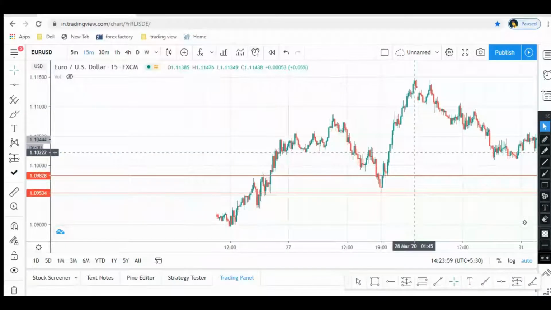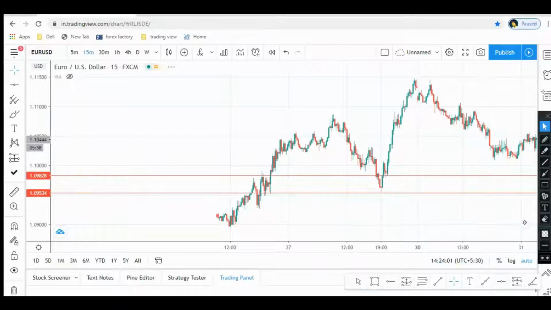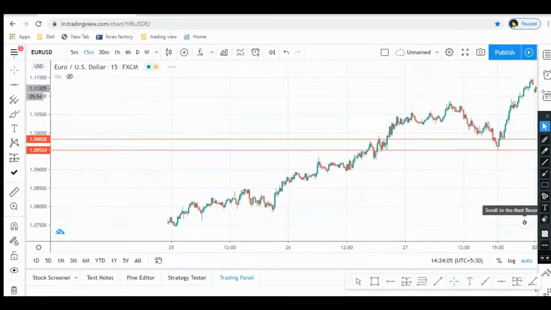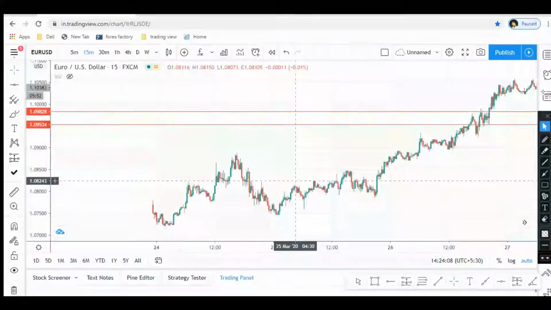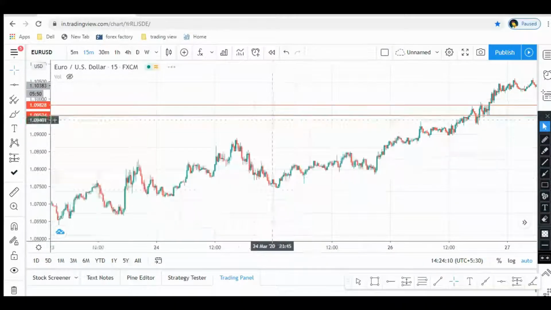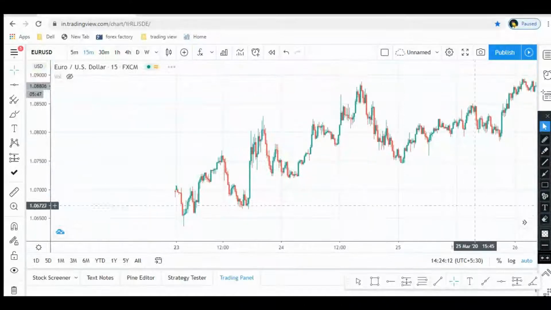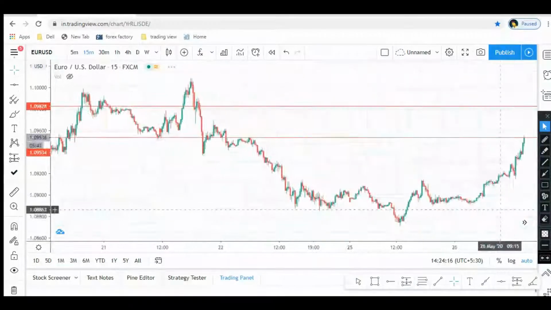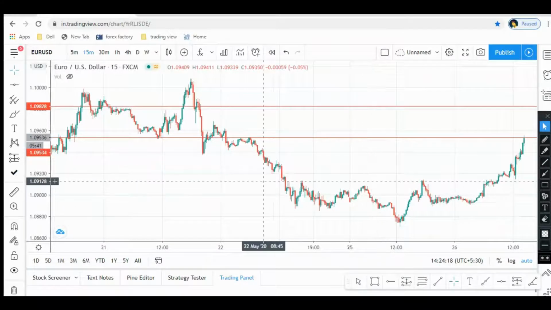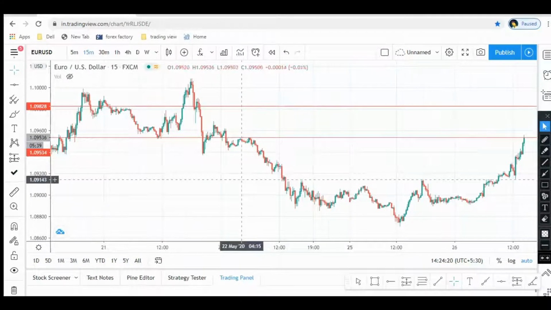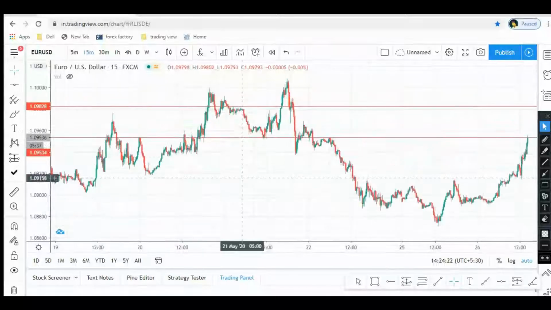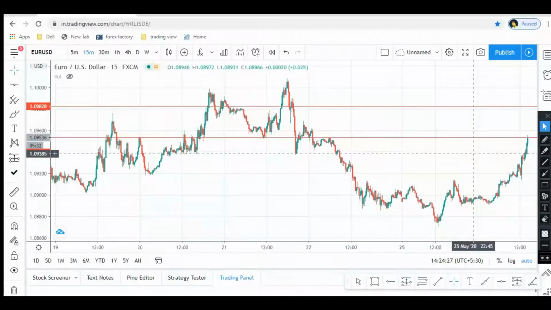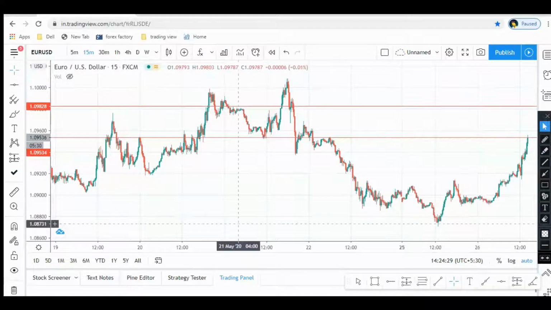Okay, so if you find the price is breaking out, or the price is taking a support on that particular area, you may take a trade on that pair. Okay, let's see what the condition of this place is right now. Right now, as I can see, this particular area acted as a support. So what I will do, I will simply take a trade on Euro USD.